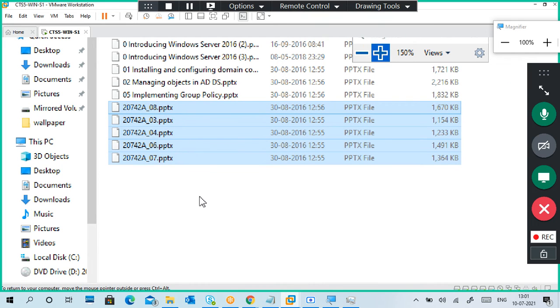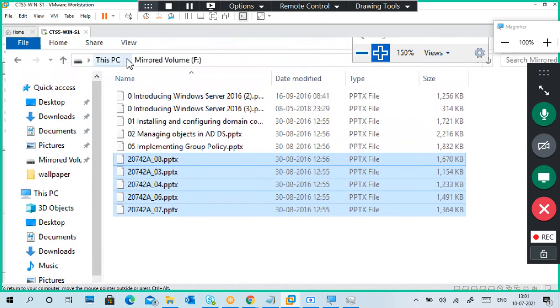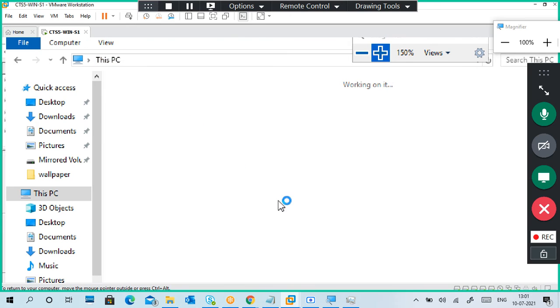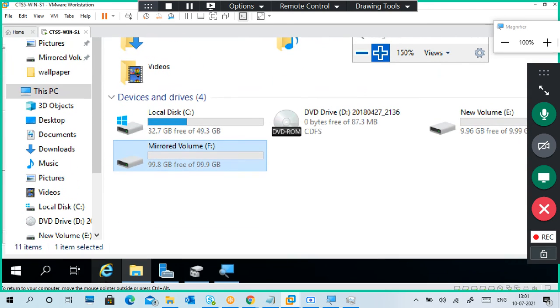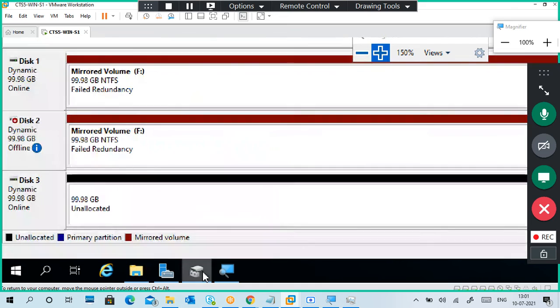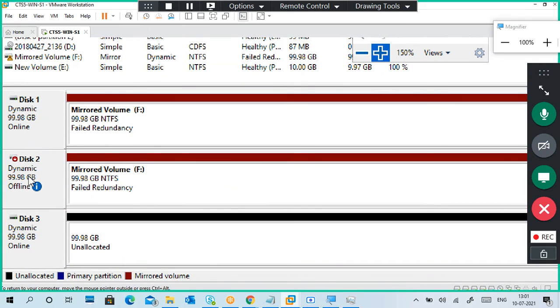So I added some data here. So we can still access the data, and we can add data even though one disk is offline, meaning one disk has failed or is offline or anything.